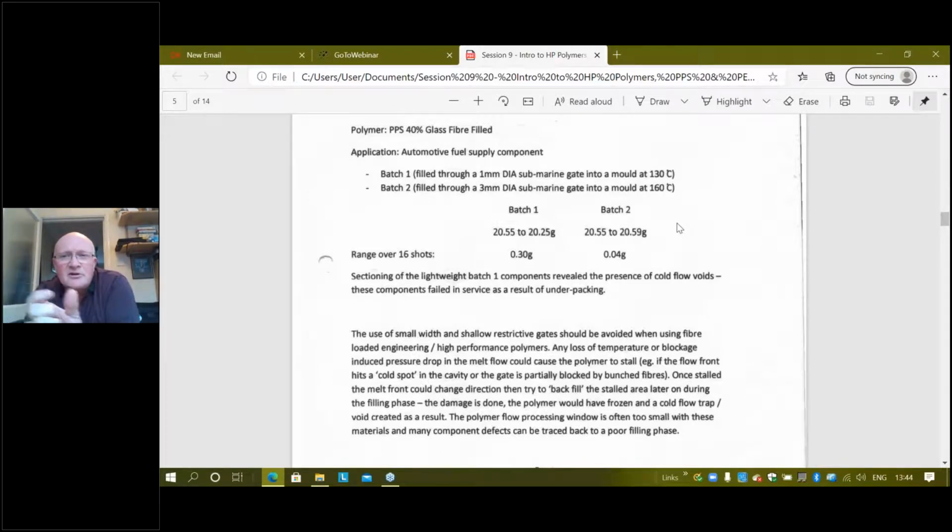You want a very narrow shot weight variance with any polymer really, but particularly with a high performance polymer, and a very narrow range. So the shot weight range in this case was 0.04 grams. And that really is the kind of target you want to be with PEEK, PPA, all the other high performance polymers. You need to be in that ballpark. And quite often, I get a little bit concerned when I go into a mold shop and they're molding a high performance polymer. They've got a lot of problems and they don't have a set of precision scales. So we need 1,000 resolution scales really to pick out the narrowing of the processing window or the shot weight